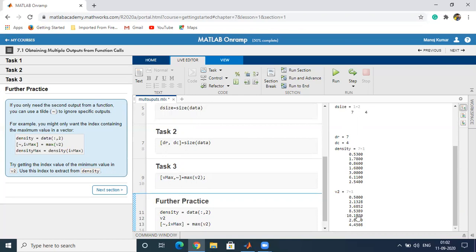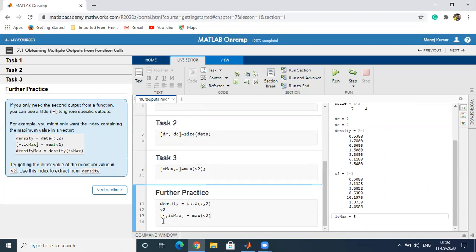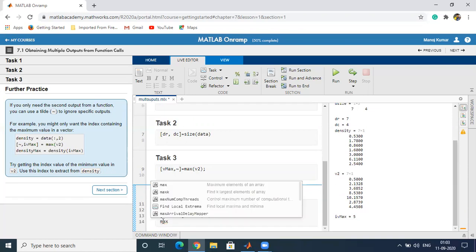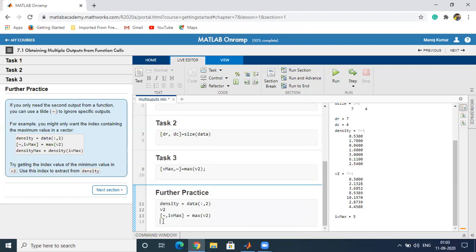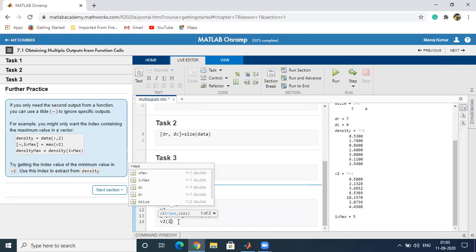Maximum value is 10.1570, which is at the fifth index. Now we will get only the index instead of the maximum value. So the index is fifth. Now to get the maximum value of this, we can calculate the maximum value with the v2 of that index. Index is IV max.